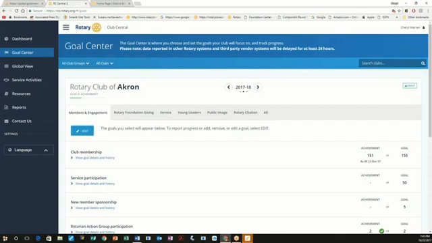As Cheryl mentioned at the very beginning, there are 6 officer positions that have the capability to come in and edit goals and also help mark the achievements and the progress toward those goals. But every single one of your members who has an online account through My Rotary can log in and check on the status of that progress.